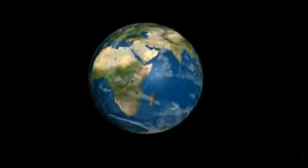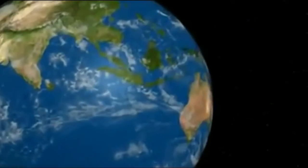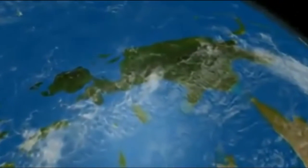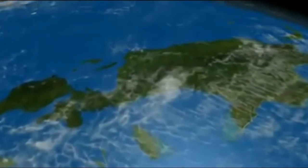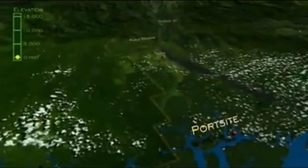On this island at the eastern end of the Indonesian archipelago, on the western half of the island of New Guinea, a company has been at work for 4 decades, developing, exploring, mining one of the world's great ore bodies. Along the southern portion of the Indonesian province of Papua, we operate one of the largest mining operations on the globe. This is a bird's eye view of what we call our project area,